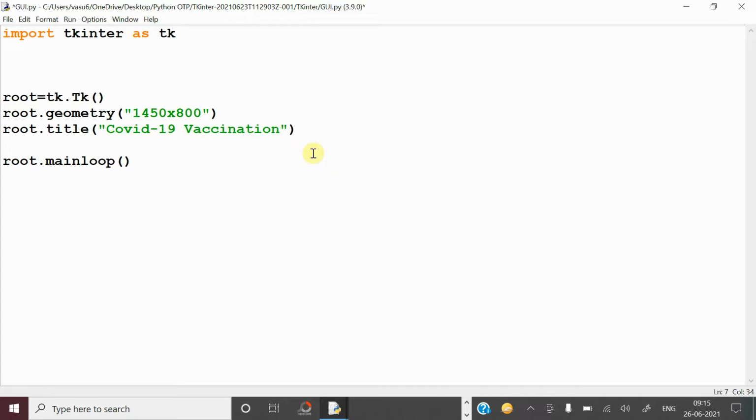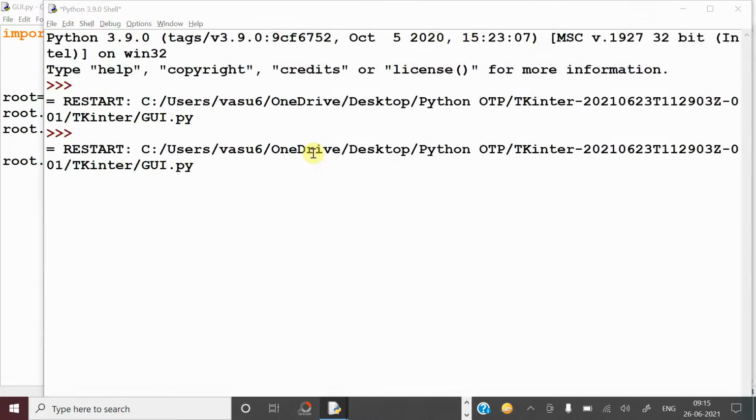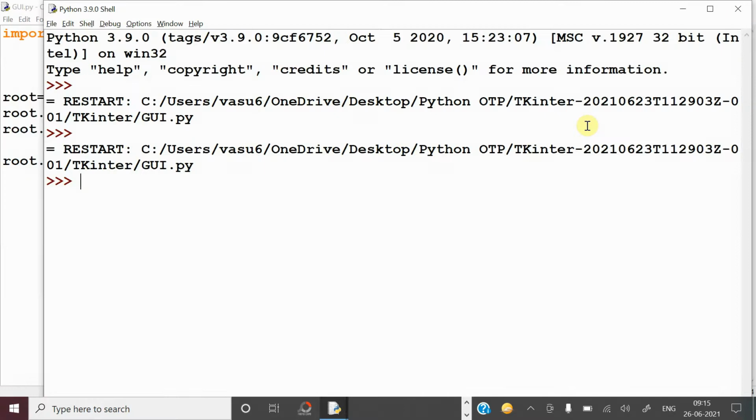Now run this one. See, at the top there is a title for your window, that is COVID-19 vaccination. Now like this you can create one blank window. After that you can add some GUI components here, like labels, text boxes, images and all the things. So let's get into that program.